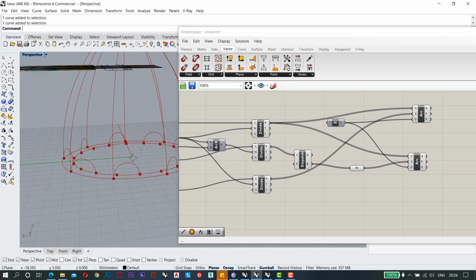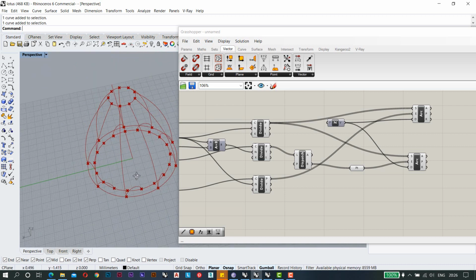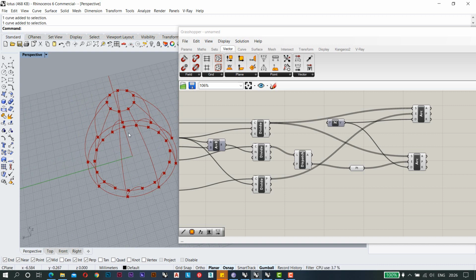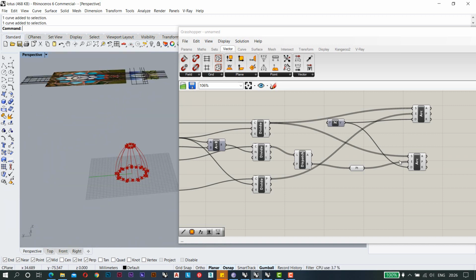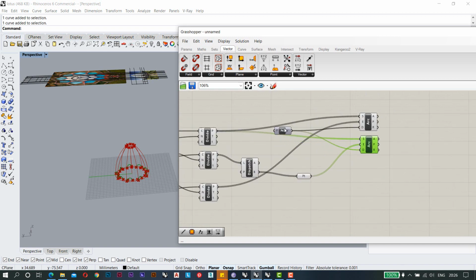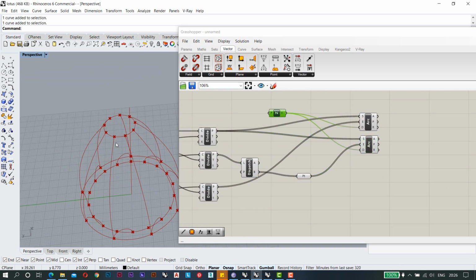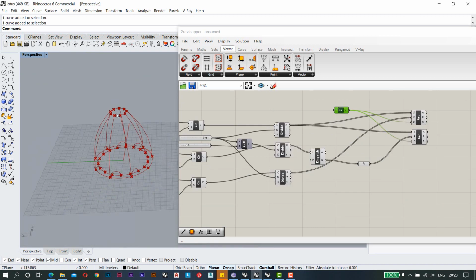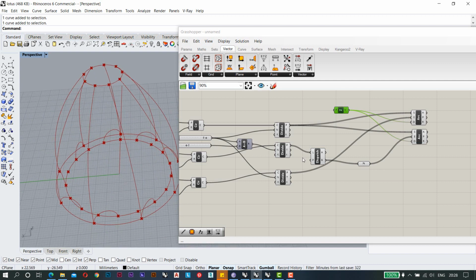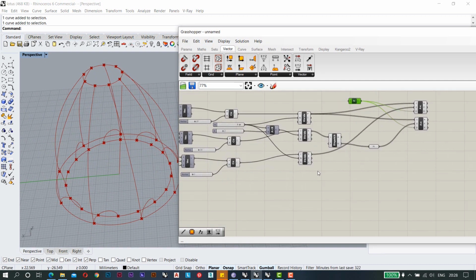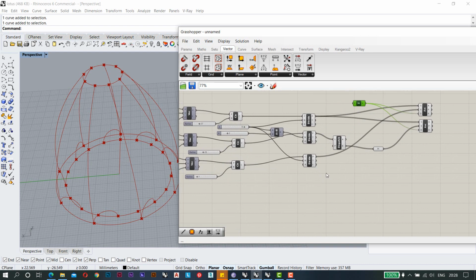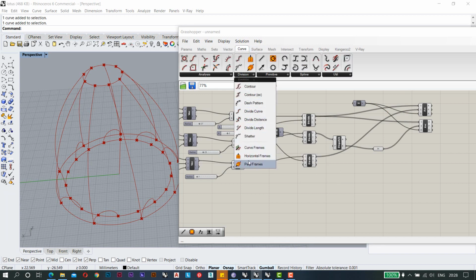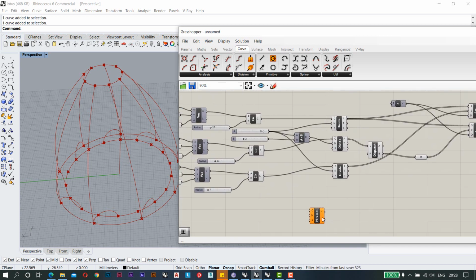Now you can see you have this kind of structure, but the most important thing is this arc. For making that arc we are not doing it this way, because then we will not get the same result that we need. So for making the third arc, or the third curve, we are going to use slightly different steps. First we will use the perpendicular frames, which is in this curve section. So we are going to use this command or option.